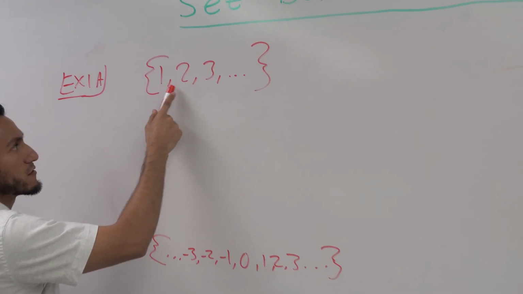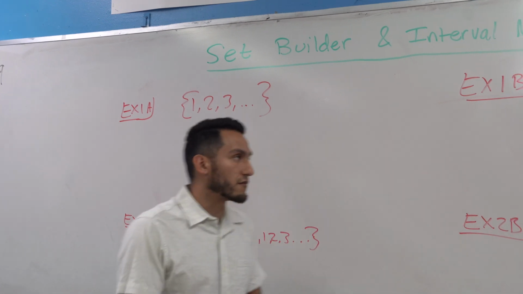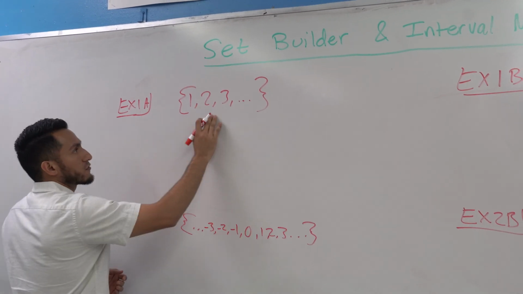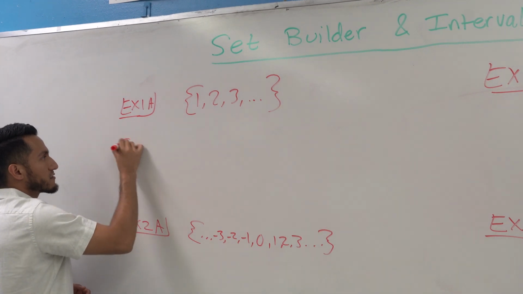The elements are 1, 2, 3, and then there's 3 dots after that. The 3 dots represents that it's going to keep going forever. So 1, 2, 3, dot, dot, dot is 1, 2, 3, 4, 5, 6, 7, 8, 9, 10, 11, 12, forever. When we start talking about set builder,